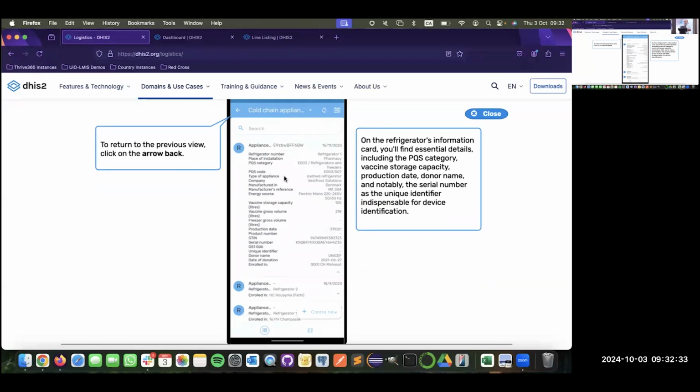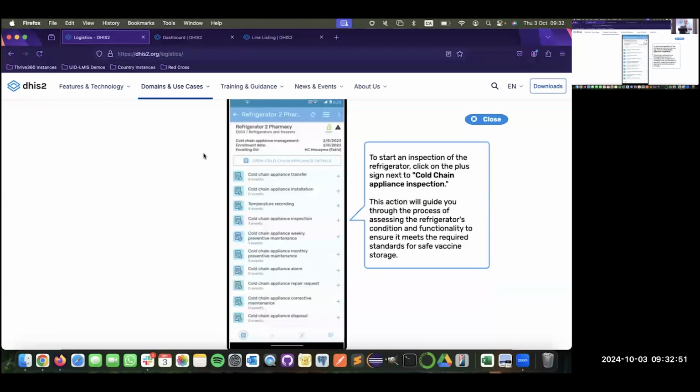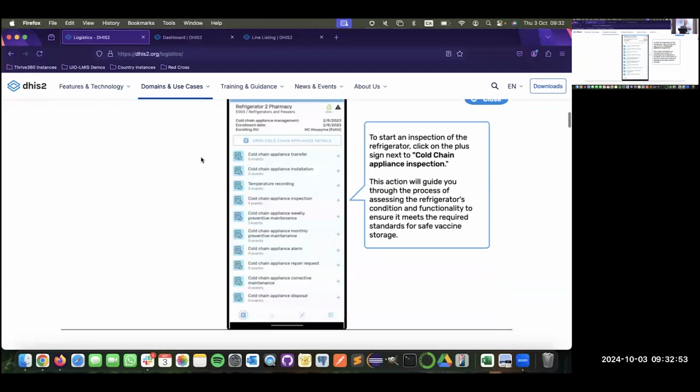Some of them were already integrated with the PQS, so the PQS code and category, type of appliance, manufacturer, the energy source, also the storage capacity, and so on. And all of these attributes can be configured and added as needed for reporting. So we'll just go back into our refrigerator number 2. And here we see all of the different